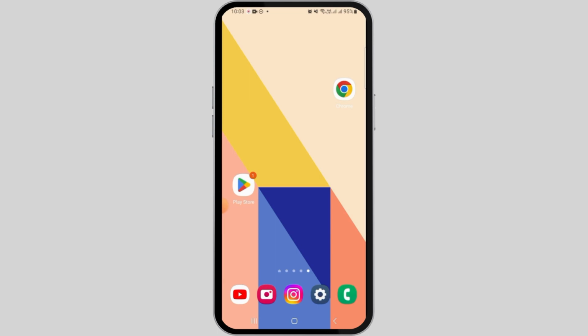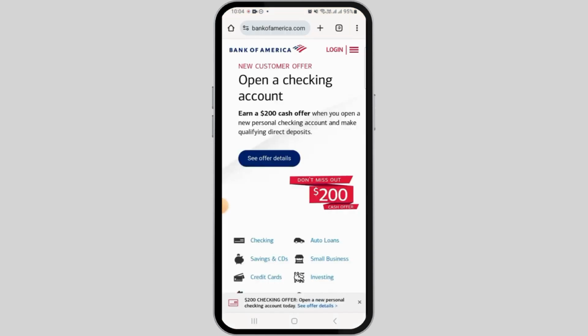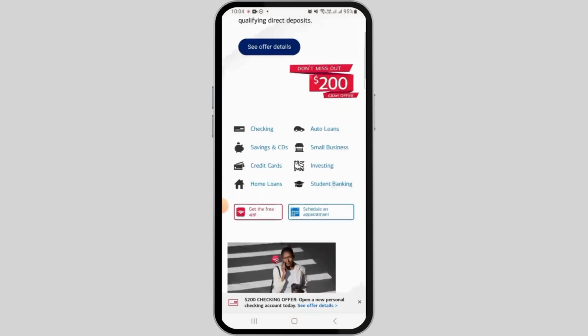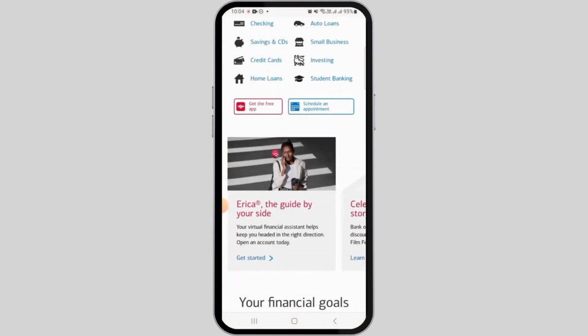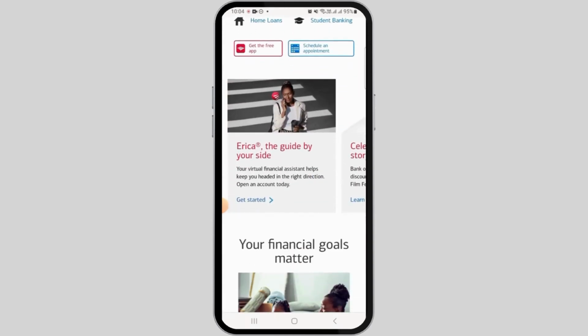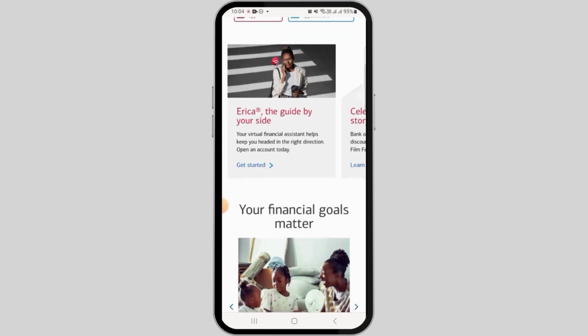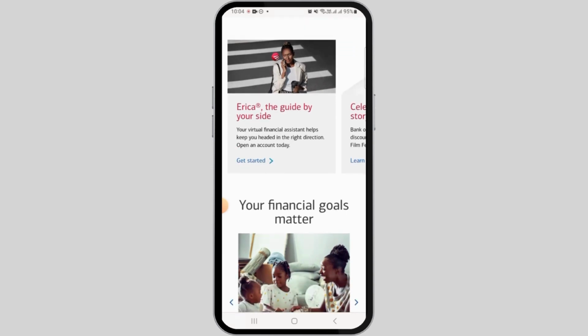Let's begin. In this video, I will guide you how you can close your Bank of America account. Before you do that, you want to ensure zero balance. Transfer or withdraw any funds from your account to ensure it has zero balance. This can be done via online transfer, ATM withdrawal, or by visiting a Bank of America branch. You also want to cancel any automatic payments or direct deposits linked to your account to prevent any future